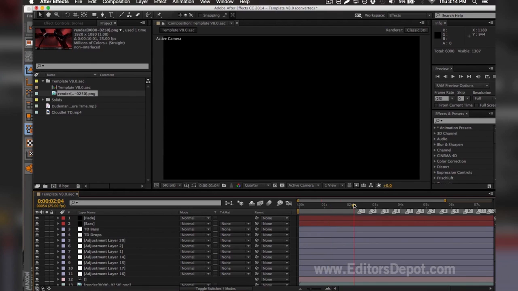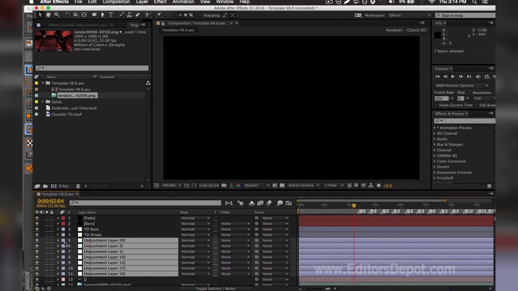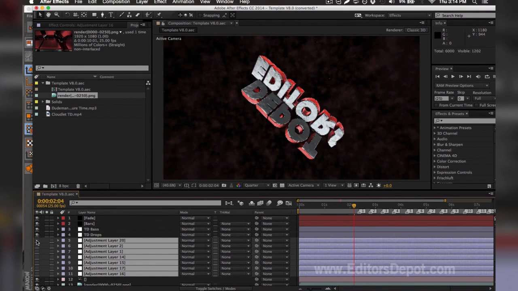So we're 100% done, assuming you have every single one of the plugins required. If you don't, you're going to have a black screen similar to this. If you do have a black screen similar to this, you're going to want to troubleshoot it by turning off or turning back on whatever adjustment layers might be messing up your entire video. As you can see here, one of these adjustment layers messed up the entire render,